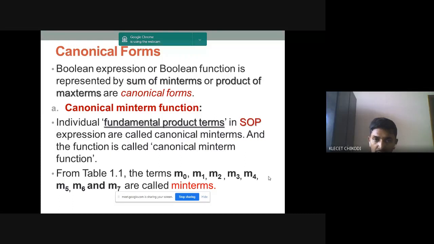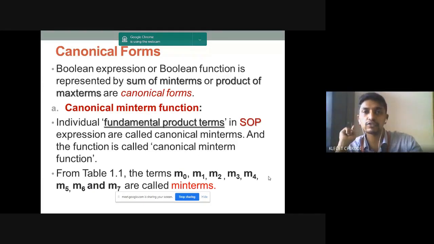So in the examination, they may give you a Boolean function. Either it may be in the form of sum of min terms, which we call an SOP function, or they may give you a function in terms of product of max terms, which they call a POS function. So whatever questions you get, either it may be in the form of SOP or in the form of POS. And if you write any Boolean expression in the form of SOP and POS, we call that form a canonical form. So any Boolean expression can be written in the form of canonical forms.